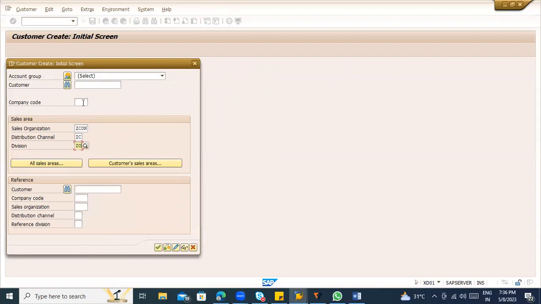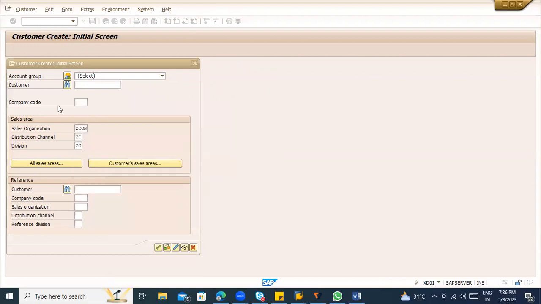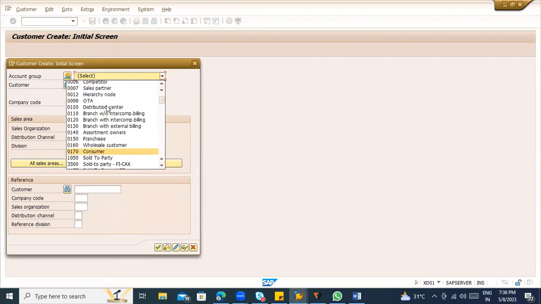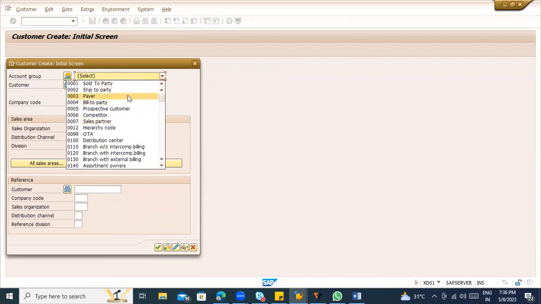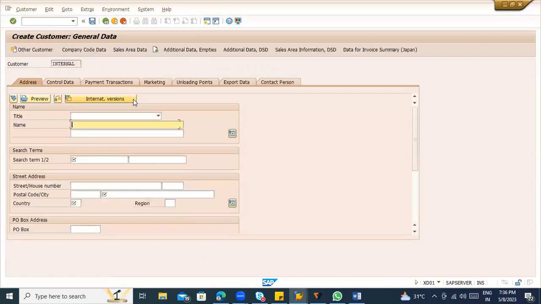Okay. And company code. Let's assume that JetCon is my supplying company code, and you can select the account group. Any of the account groups you can create. So I'm just selecting that. Maybe I can go to 001, and JetCon,